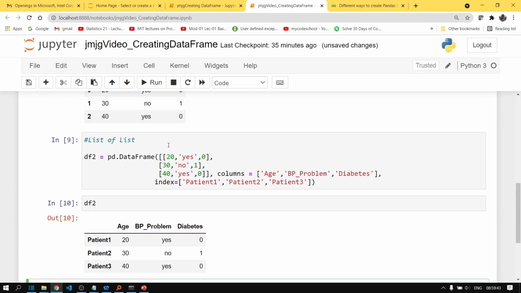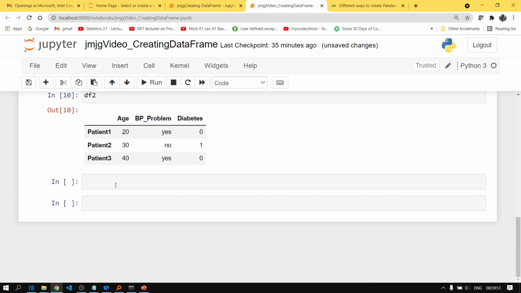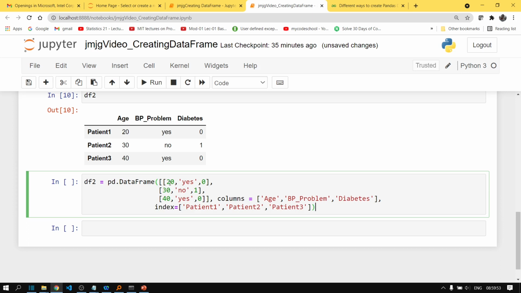So this was list of lists. Similarly, you can also use list of tuples. It's quite the same approach. Just instead of inner lists, you will pass a list of tuples, right?